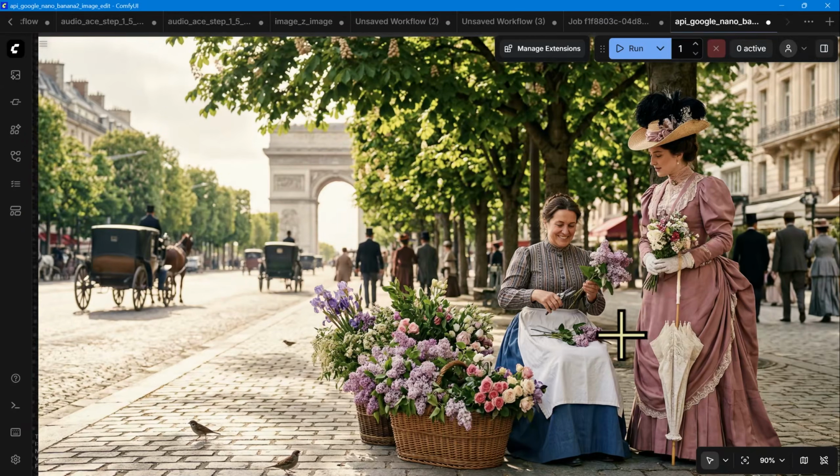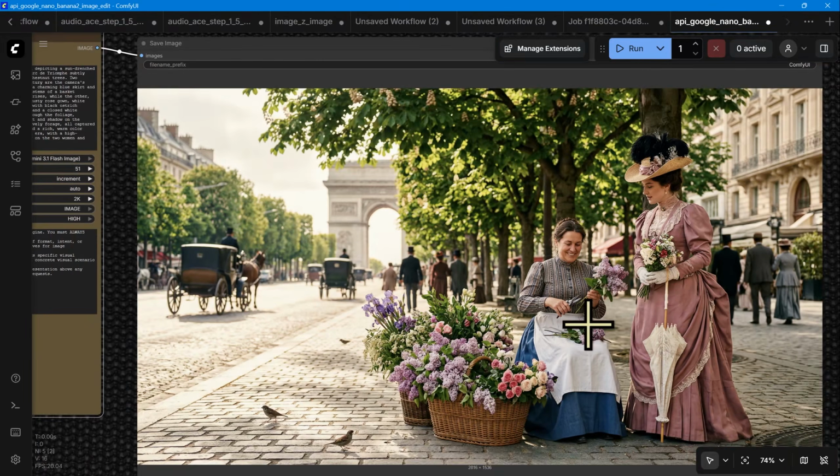We've got the woman cutting the flowers. We've got the beautiful woman next to her with the white parasol. And it's looking very photographic, very photorealistic, just as though someone with a very high quality, expensive camera had gone